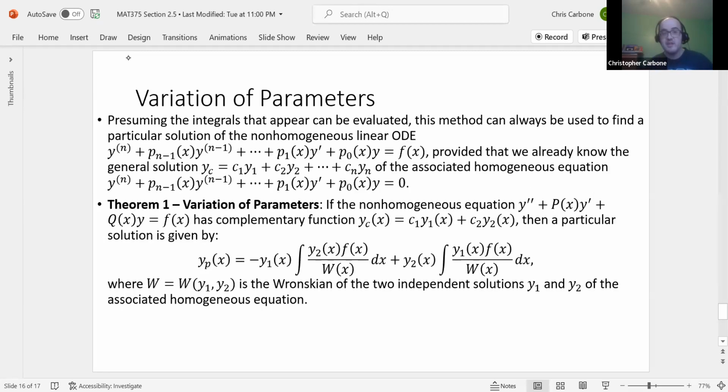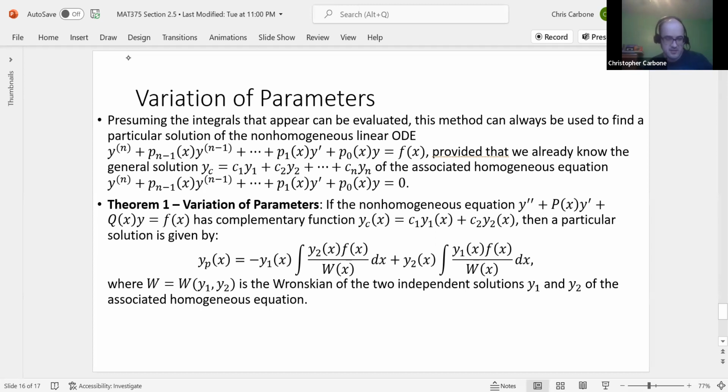So now this variation of parameters, presuming the integrals that appear can be evaluated, this method can always be used to find a particular solution of the non-homogeneous linear ordinary differential equation. And that would be the nth derivative of y plus p sub n minus 1 of x times the n minus 1th derivative of y, all the way down to p sub 1 of x times the first derivative of y plus p sub 0 of x times y is equal to f of x, provided that we already know the general solution,